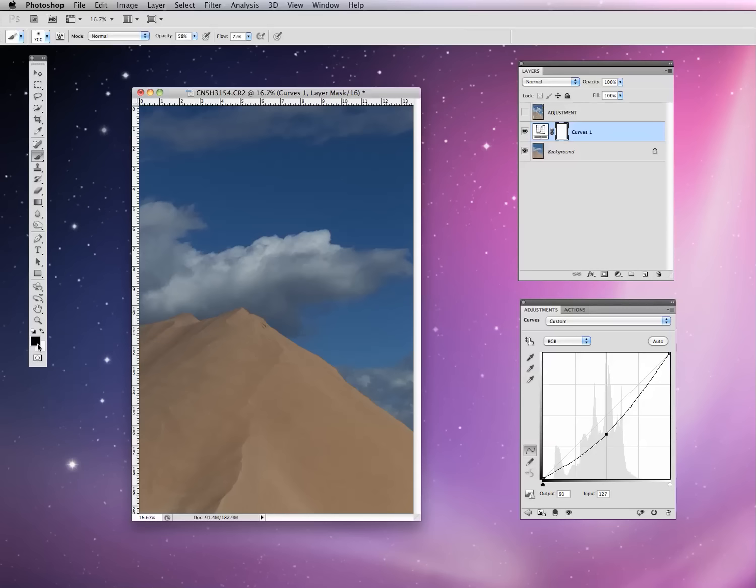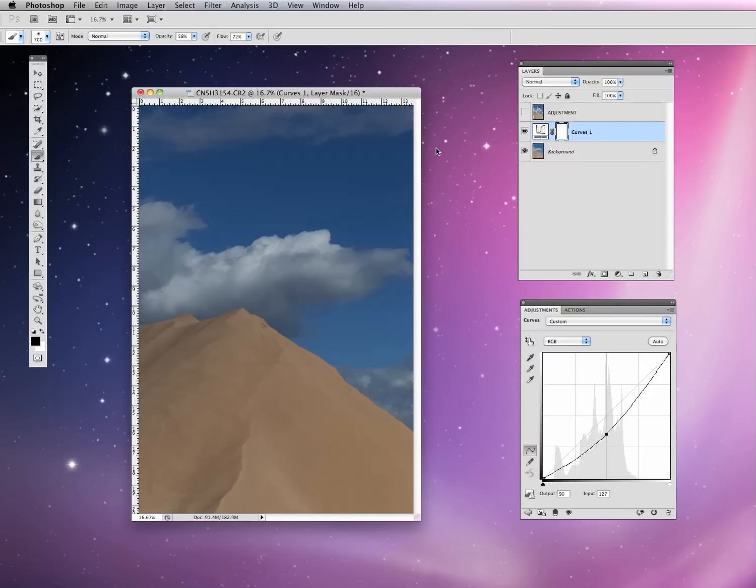So we're going to make sure that black is in the foreground. The reason black is being used in the foreground is because we've got a white thumbnail here. So the black is used to remove parts of this white thumbnail or this white adjustment mask that we applied